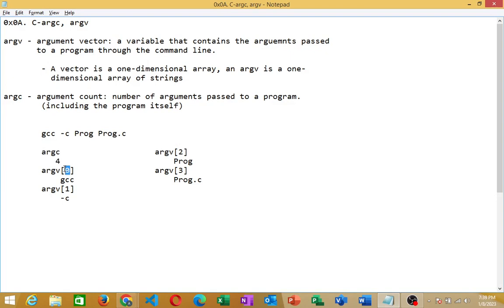So for this array, the first item, which is always denoted with 0, is the program name itself. You have to start from here, which is what? GCC. All right. And argv,